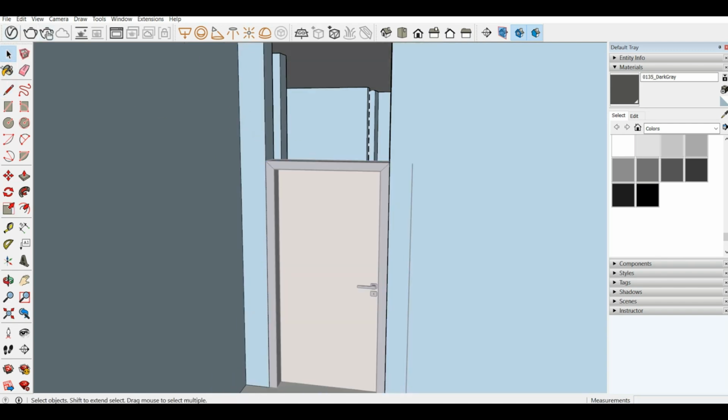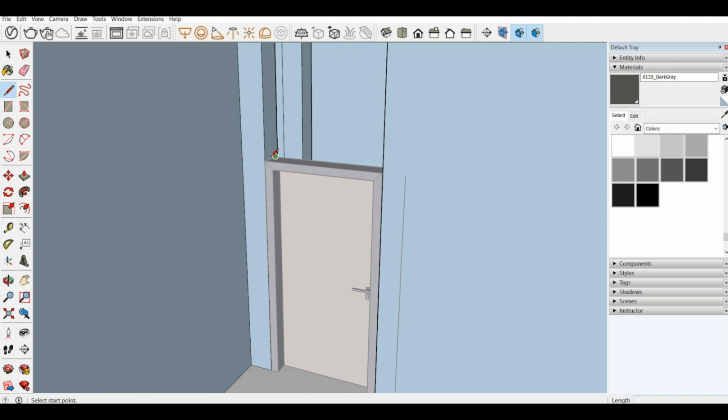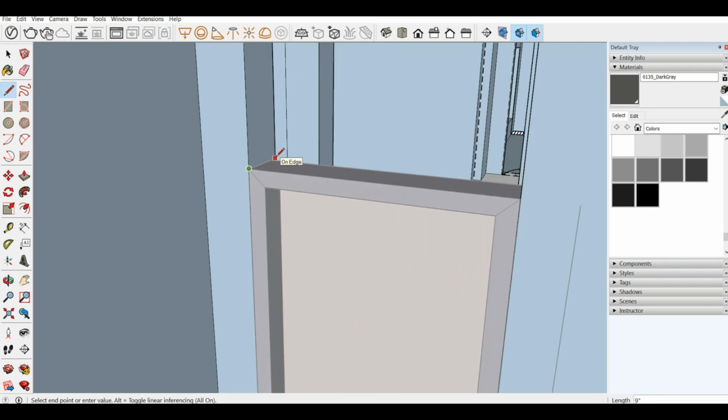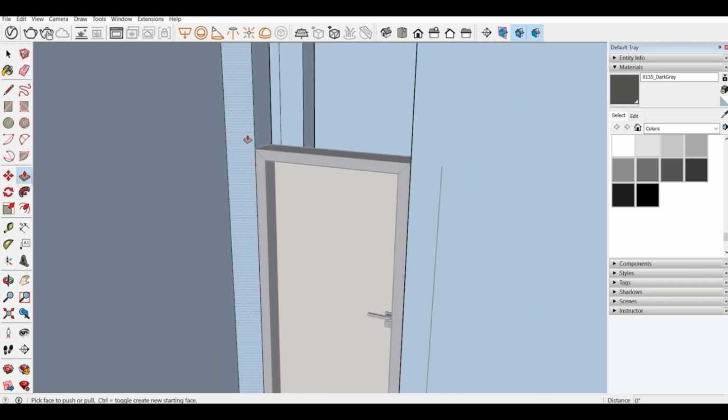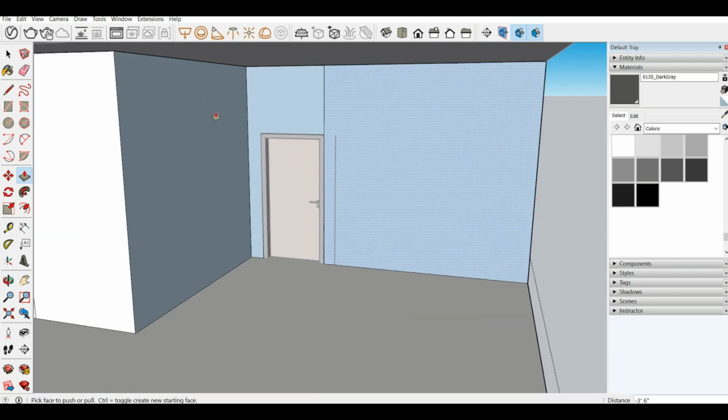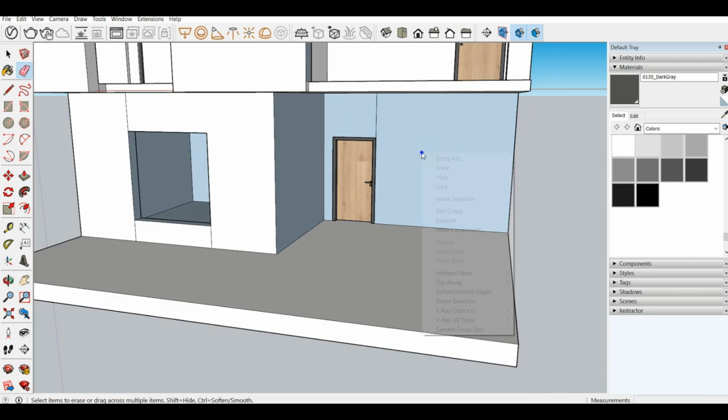Okay, now to complete this front portion, create a line around here, create a geometry rather, and using the push pull tool, wait a second, now I will use the push pull tool to complete this. Erase the extra geometry if there is any here, and